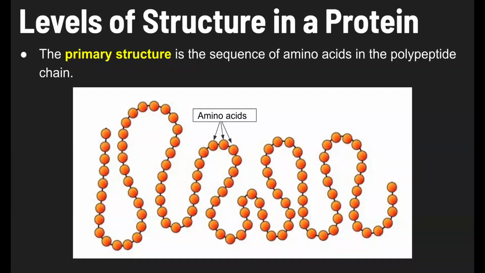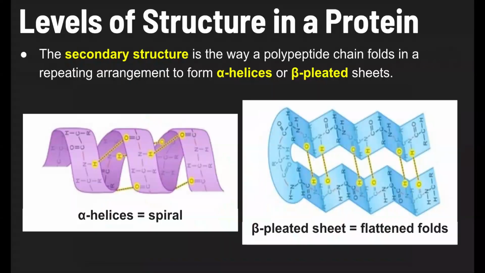All right, now there are levels of structure in a protein. There's actually going to end up being 4 total. So the first level we call the primary structure. And this is just the sequence of amino acids in the polypeptide chain. So you just list in order what the sequence is of amino acids. That's the primary structure. The secondary structure is the way a polypeptide chain will fold in a repeating arrangement to